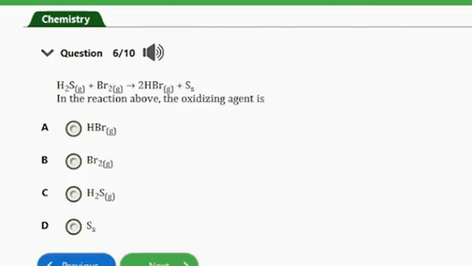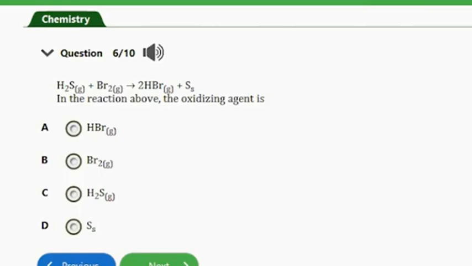So let's consider the next question. Question number 6. It says, okay, we have an equation of a reaction here too, and the question says, in the reaction above, the oxidizing agent is. So guys, one thing you should take note of is that the oxidizing agent is the one which is reduced in a reaction. So the oxidizing agent here will be the bromine, that's Br2 here, because this gas here is being reduced by addition of